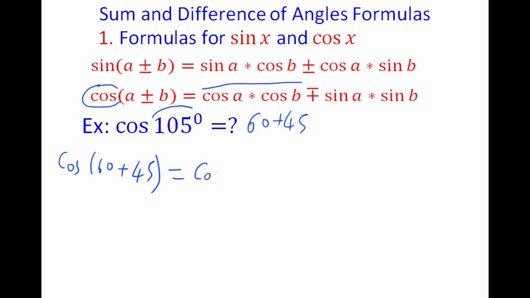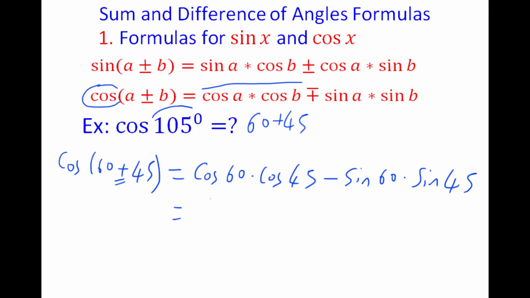So we're gonna have cosine 60 times cosine 45, because here we have plus, then I'm gonna put here negative, guys. So minus sine 60 times sine 45, guys. So cosine 60, you can do the same thing by just writing the special right triangles. We can just memorize them, but cosine 60 is sine 30, and sine 30 is 1 divided by 2. So cosine 60 is 1 divided by 2, guys, times cosine 45 is square root of 2 divided by 2, minus sine 60 is square root of 3 divided by 2, guys, times sine 45 is square root of 2